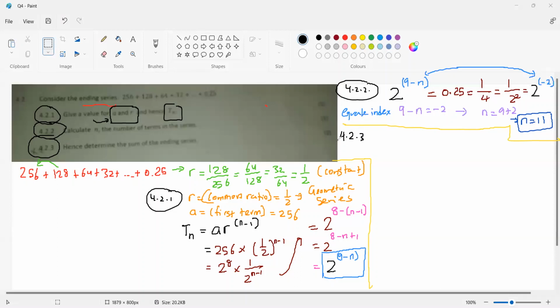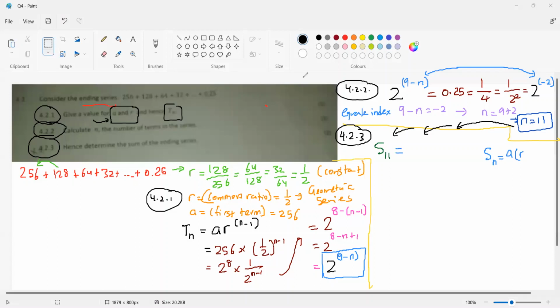So 4.2.3, let's read that. So hence determine the sum of the ending series. So basically now, since we know, hence means we must use the earlier values. So in this case, we have 11 terms. So we just want to calculate S11. To calculate S11, we just need to know the formula for the sum of the first n terms of a geometric series. Just to recap, a r to the power of,